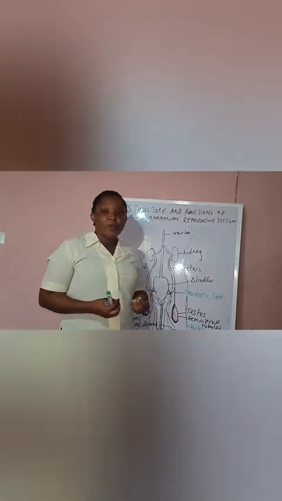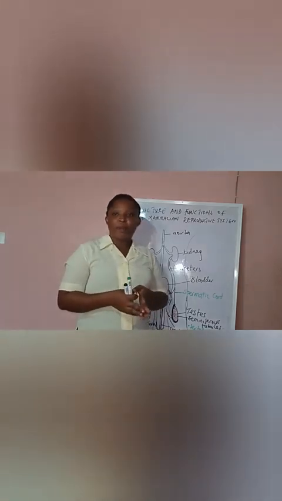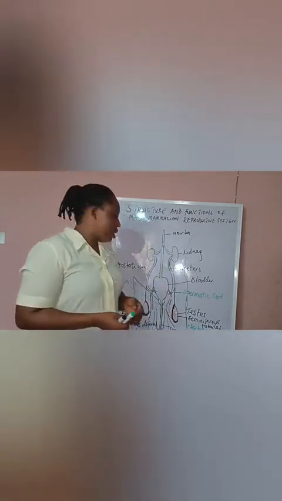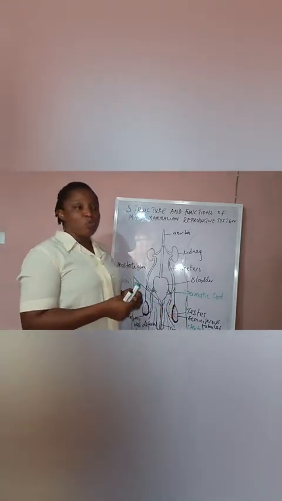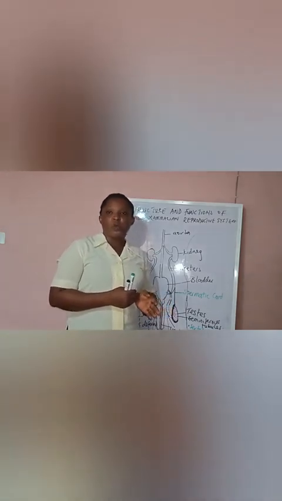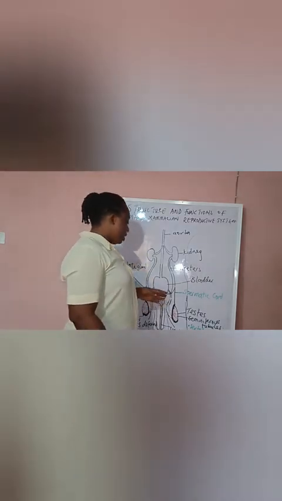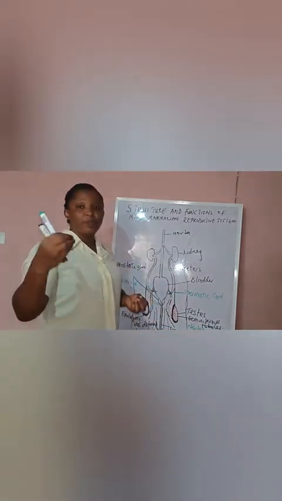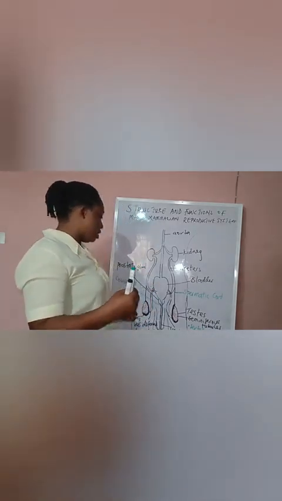So the urethra serves as a passage to lead urine out of the body, and also as a passageway for sperm to move out of the male reproductive body into the female reproductive system. So it has two functions: to expel urine and to pass out the sperm during